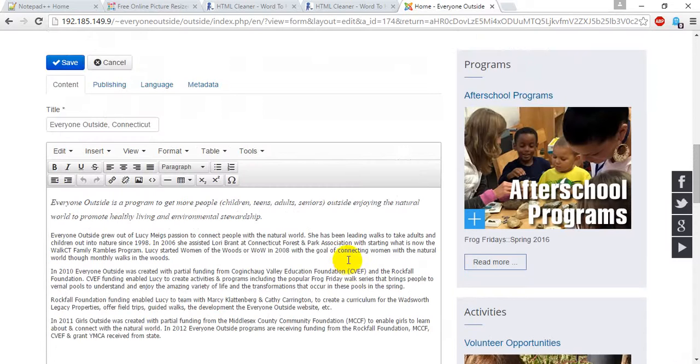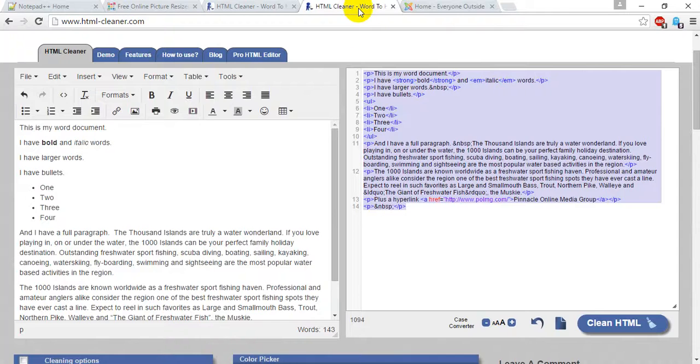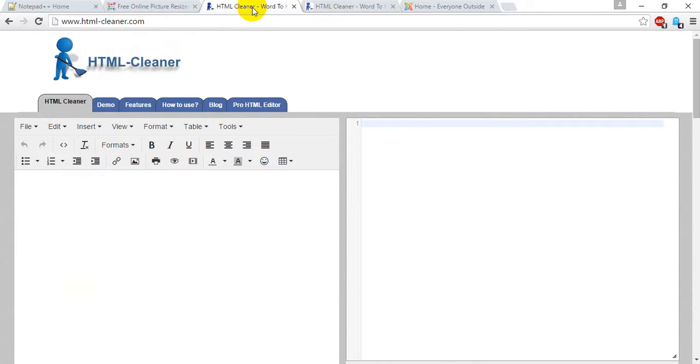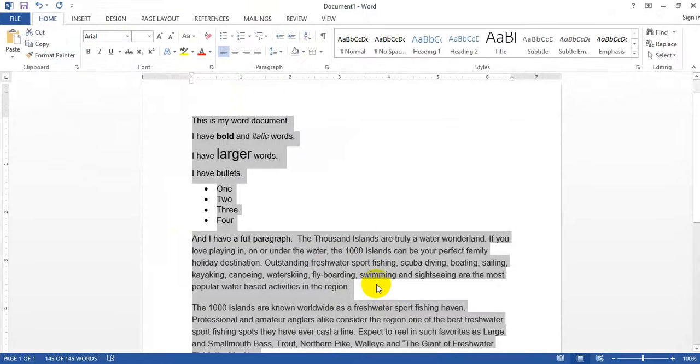So in the past, sometimes what happens is the HTML tends to mess people up. So there's a wonderful tool on the internet and it's called HTML Cleaner. And I highly recommend you bookmark htmlcleaner.com. What I put in this side is going to display HTML code over here. So I have a sample Word document,